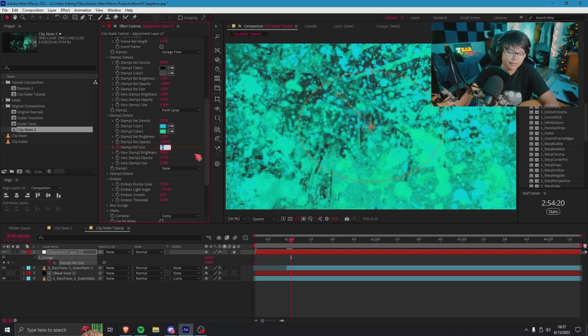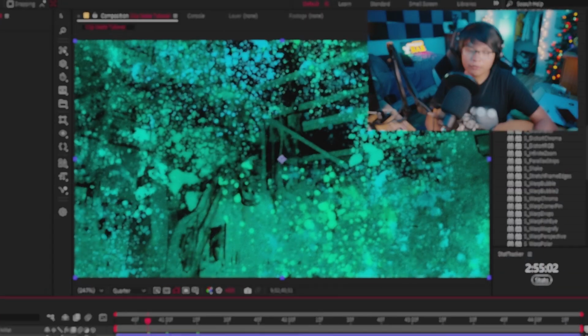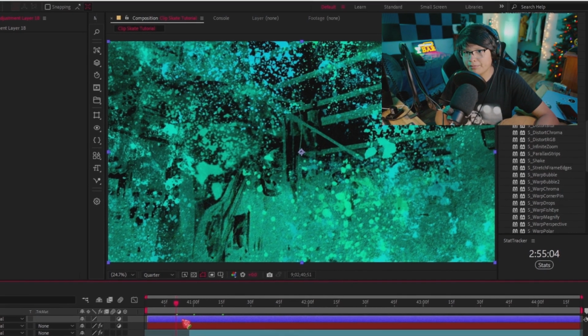I'm going to make it 0. We're just going to make this look a lot better so it looks less dull and lame. So I'm going to make another adjustment layer. And once we have an adjustment layer, the next thing I'm going to do is I'm going to add more